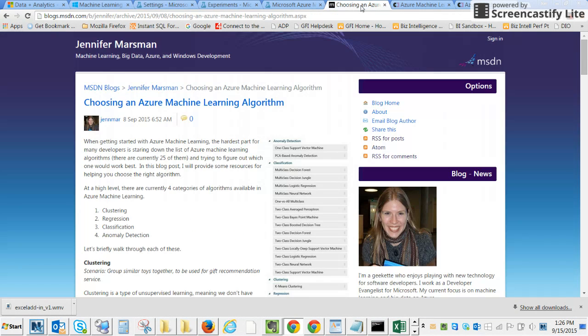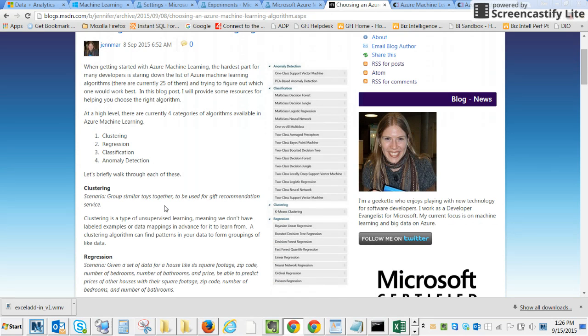Now, you may ask yourself, what is machine learning? Well, it's a set of algorithms to do a variety of tasks with the data. Now, this is a good site here that I found. Somebody tweeted it, and basically, for the Microsoft Azure suite, there are probably 4 possibilities, and here is a good explanation of those 4. Basically, clustering is unsupervised learning in the sense that there are no labels or descriptive information to identify the data you're working with. You basically say, here's the data, go figure something out by clustering it and group it into similar stuff,